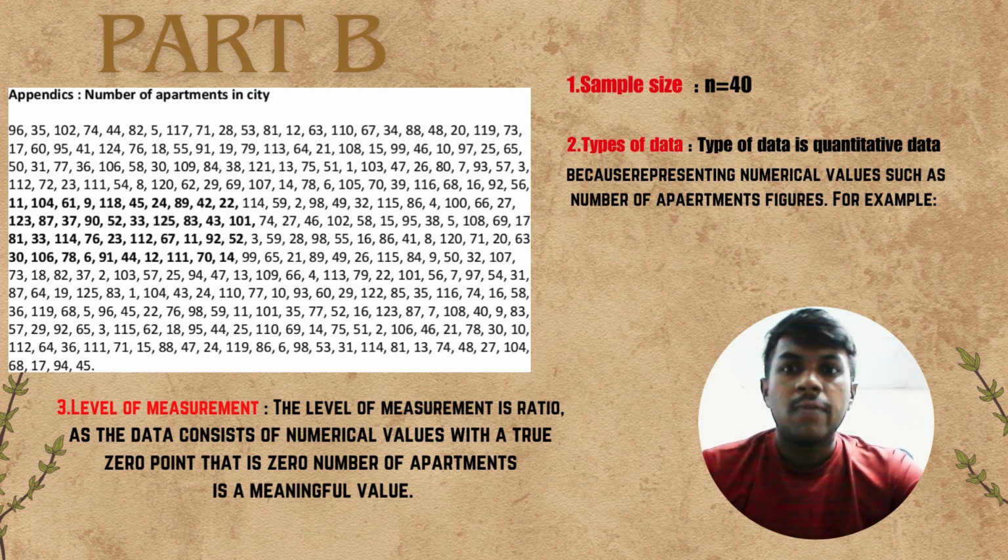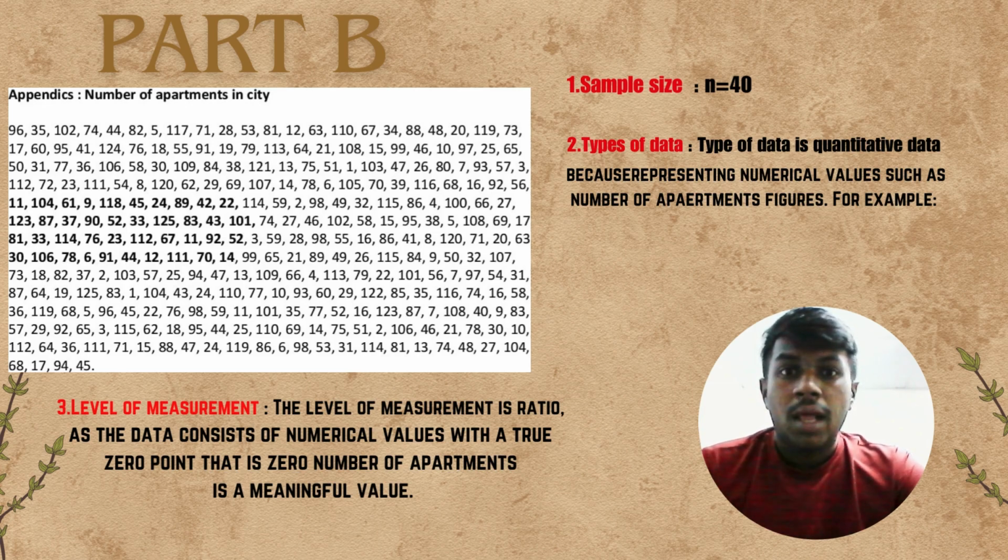Part B. Given the appendix, number of apartments in a city, randomly choose 200 numbers. The sample size of the number is n equals 40. Type of data. The type of data is quantitative data because it represents numerical values such as number of apartments figures,